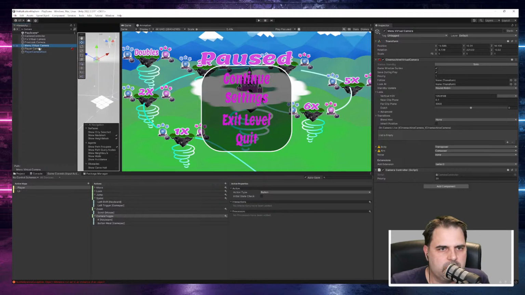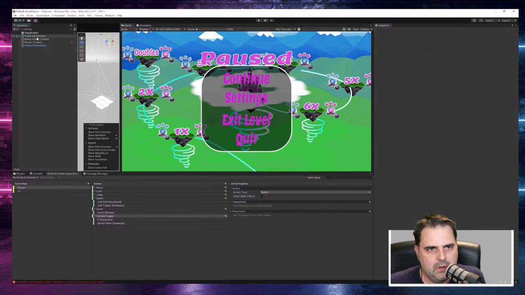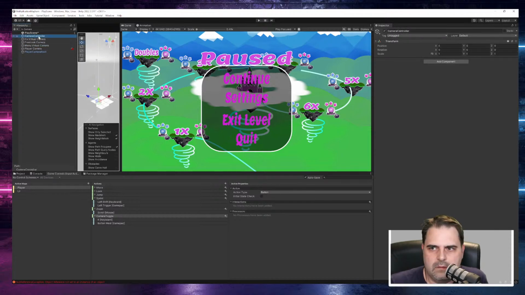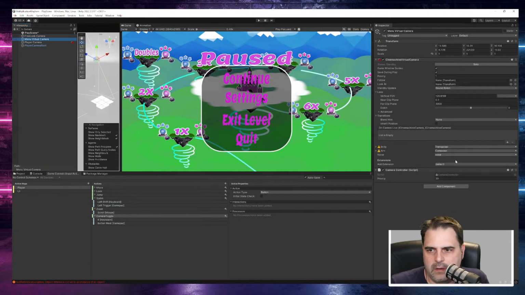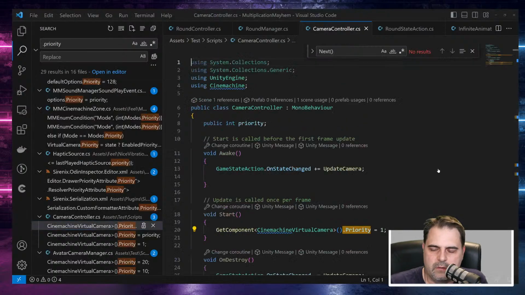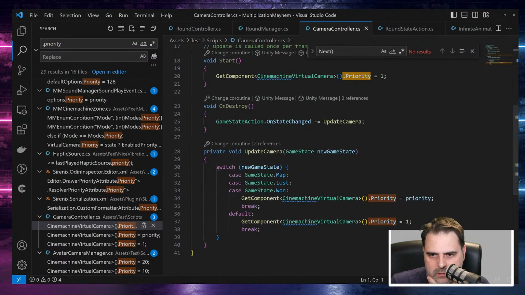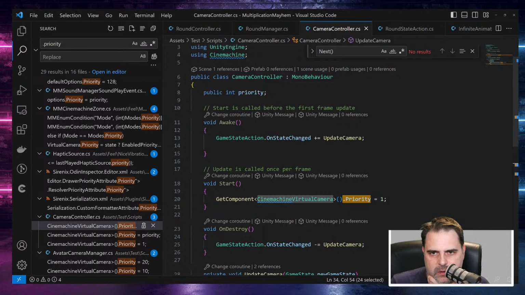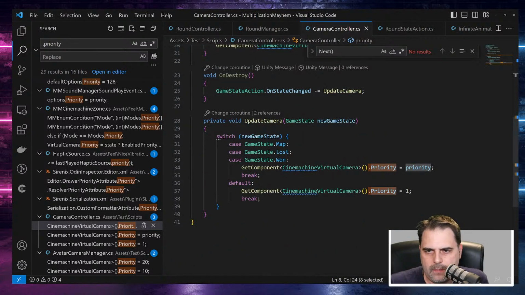Oh, this has the Cinemachine stuff. Okay. I delete that. Yeah, I can delete that. And then I use this camera controller. I don't need to create a new file. Okay, so are you listening to the event one? And then I change the priority from the Cinemachine virtual camera, which is which one? Okay, this one is very, very simple. Okay, so what I want to do is